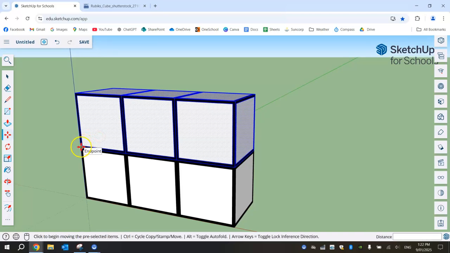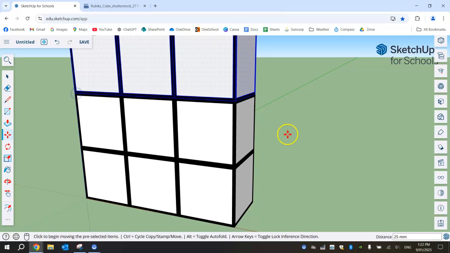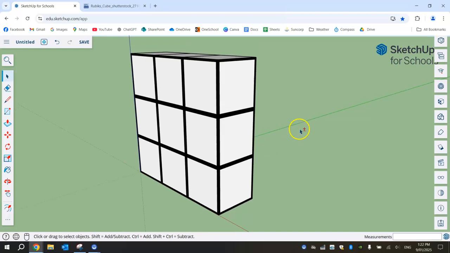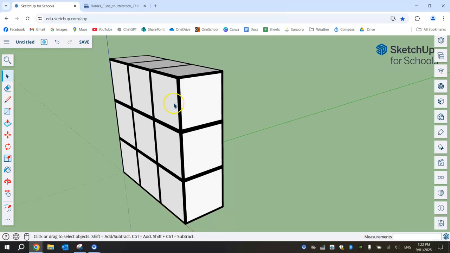And now let's do the same for this one. Drag up, press Control once, and snap it on top. So we've now got one whole face of the Rubik's Cube done. That's looking pretty good. Now if we triple click on one of these shapes, 1, 2, 3, it will select